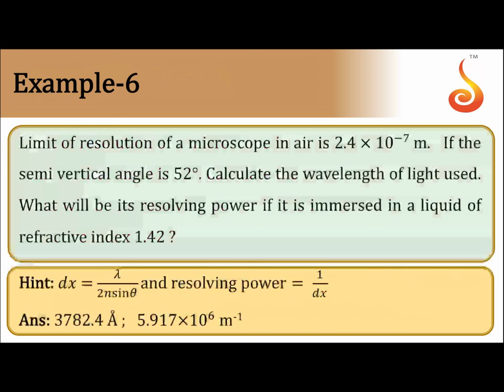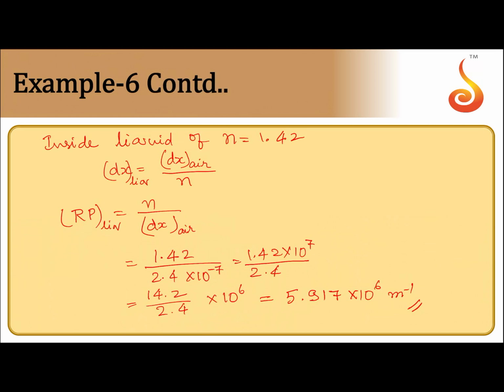See, in the solution given here, they have missed this 1.22, that's why they have got a different answer for this. For this one they have not used that, so they got the correct answer. Same thing happened in the previous problem also. So 1.22 is not included in the formula, that's why they have got a different answer. This is correct. What we have done here should be correct.